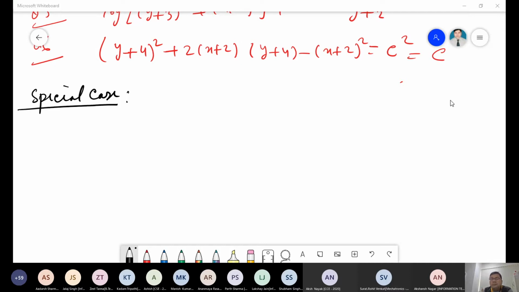Yeah, Jalas Singh. Yes, so the special case was, if we consider dy by dx equal to ax plus by. Wait, I will ask the people. I know who can give the answer. So, yeah, Ishika Deshpande is there. Ishika Deshpande. Yes, sir. Yeah, what is the special case for the non-homogeneous differential equation?